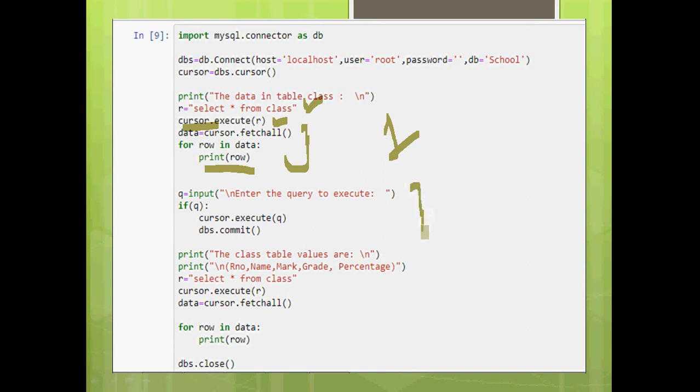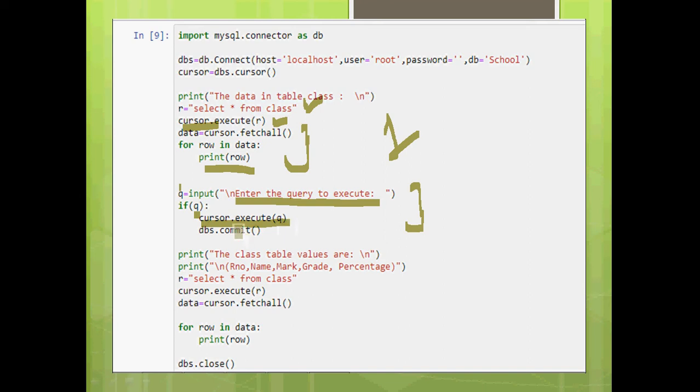And the second part executes another query, and the query can be defined by the user. This is the difference in this program. This is an example I am giving you just to explain how to execute different types of queries. Here the user can enter a particular query and it is stored in queue. If the user entered a query, if queue is not blank, if queue has some data, the cursor will try to execute that query.